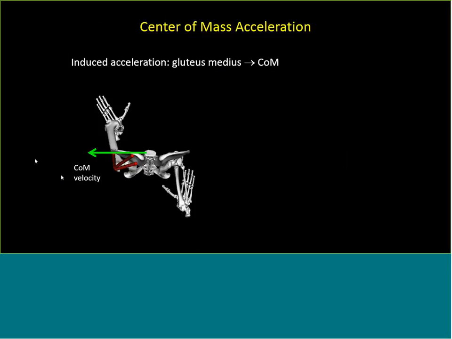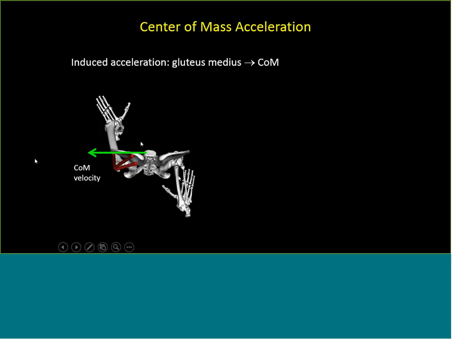So to try and understand how a particular muscle is influencing the motion of the body, we perform what's called an induced acceleration analysis. This is something that can be done within the OpenSim software. What it does is allows you to identify how any force acting on the skeleton causes a joint, a body segment, or the whole body center of mass to accelerate in any of the potential directions in which it can move. This was interesting for us in terms of how the activation of gluteus maximus was influencing the motion of the whole body center of mass in walking. And what you have here on the slide right now, over on the left, is